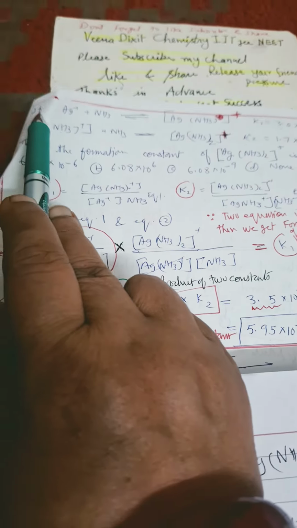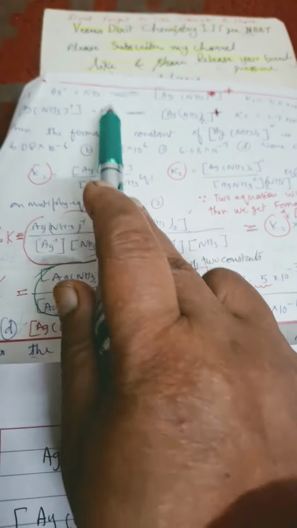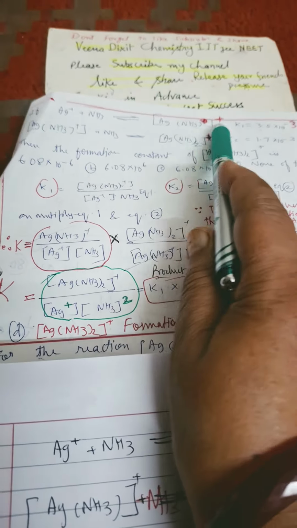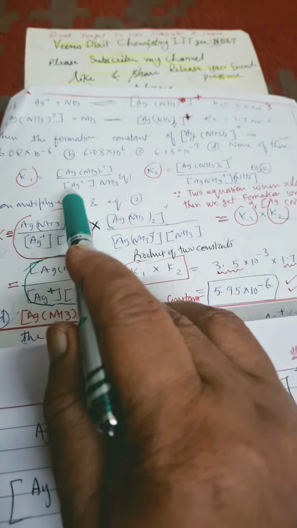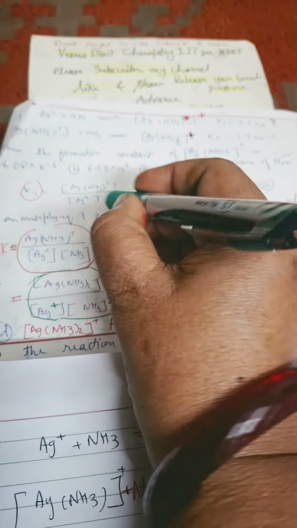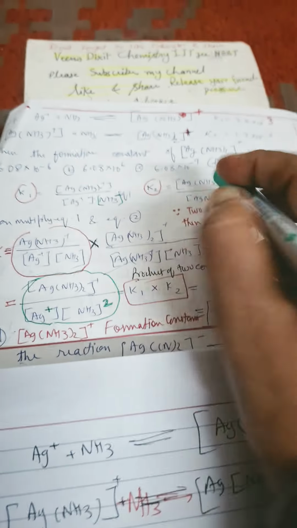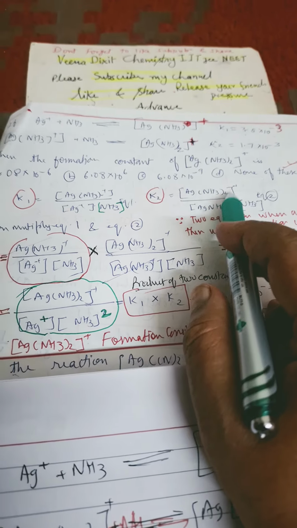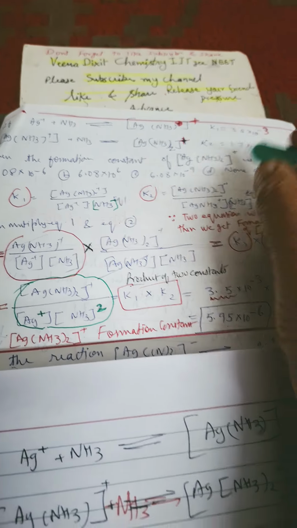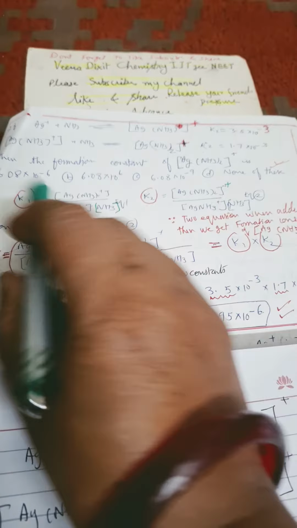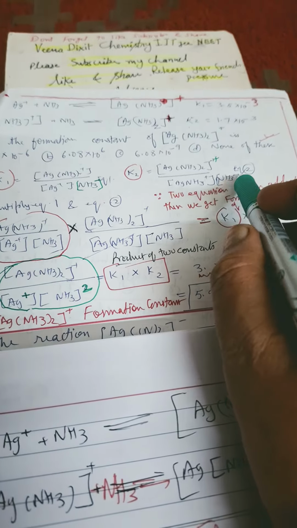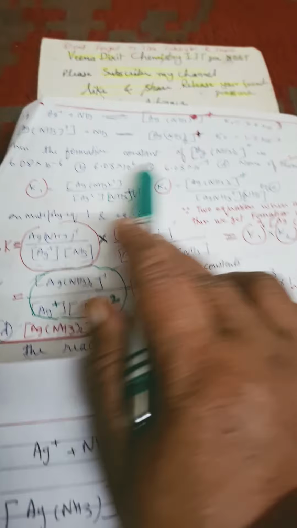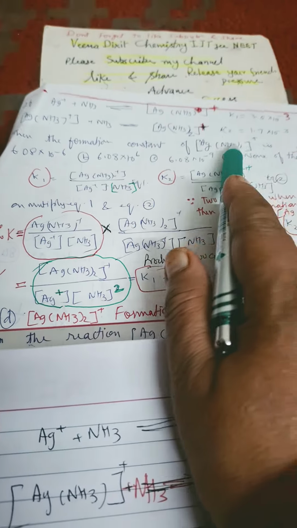So first I have written the K1 value. For this equilibrium constant, the product will be up and the reactant will be down, so Ag+ and NH3 only. And then K2 similarly: this is the product, so it will be up, Ag(NH3)2+, the complex ion carrying 1 positive charge, divided by the concentration of Ag(NH3)+ and the concentration of ammonia. These K1 and K2 values are given to you, but they are asking for the formation constant of Ag(NH3)2+.